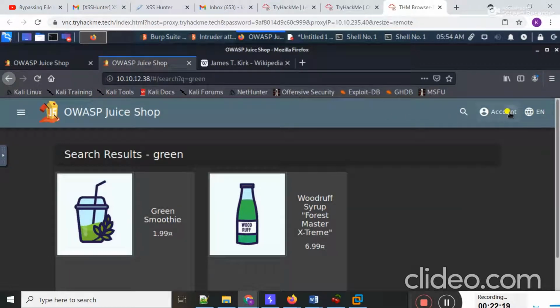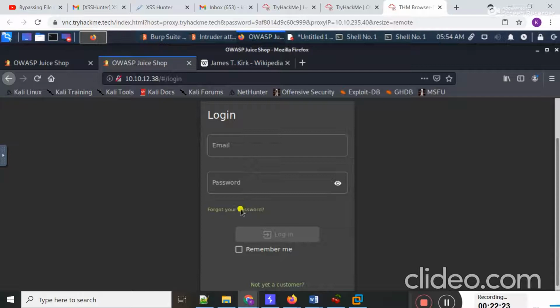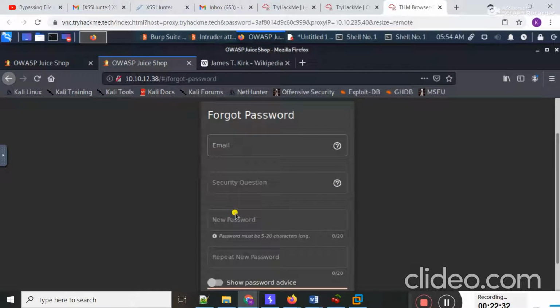I move to the login page and then the email address is this one, and if I click on forgot password, the reset window appears in front of me.